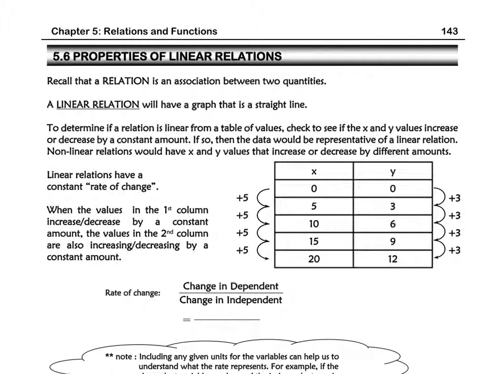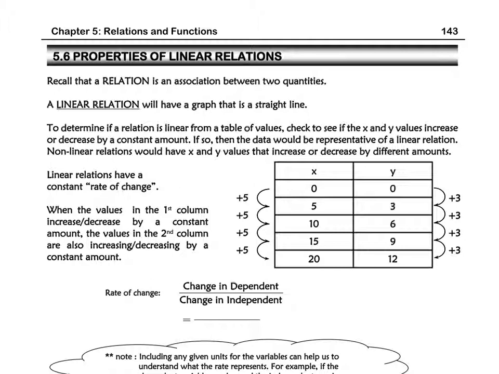Okay, section 5.6 is on properties of linear relations. And we've already talked about relations being an association between two quantities. So a linear relation is a special type of relation that has a graph that looks like a straight line. And to determine if a relation is a linear relation from a table of values, you basically look at